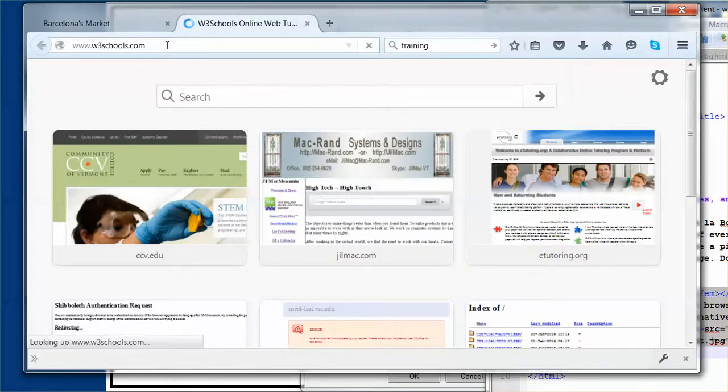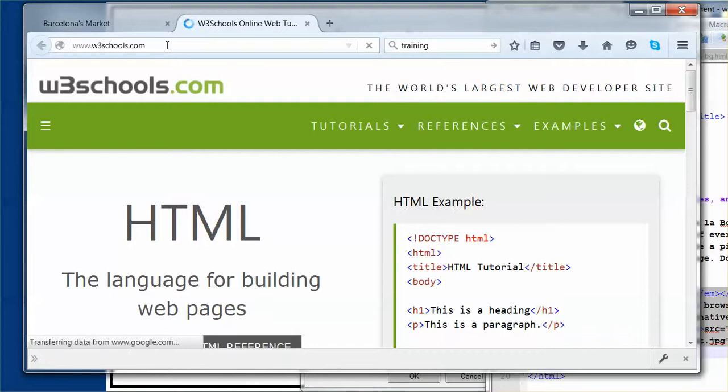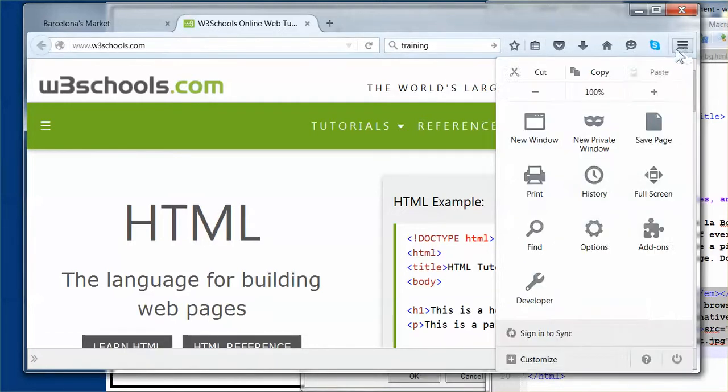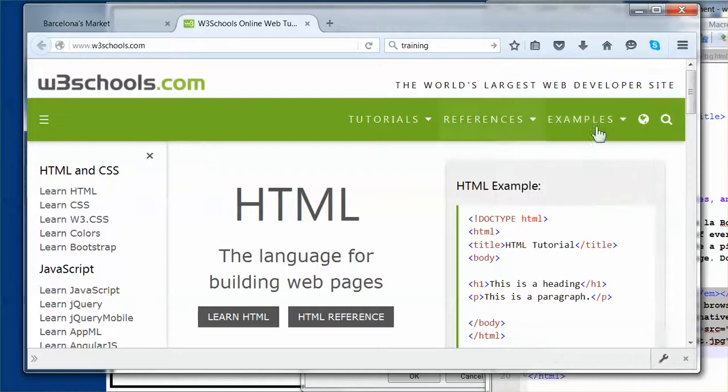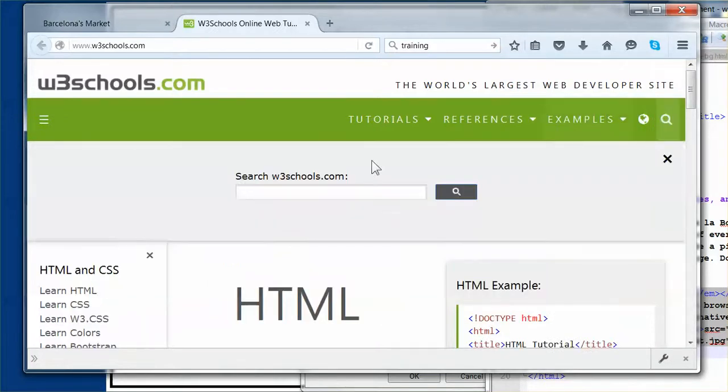It's one of my favorite websites. Now, not everybody loves it, but I happen to love it. I'm going to make it a little bit smaller here. And I'm just going to show you this search bar. So if we were looking for image wrap,